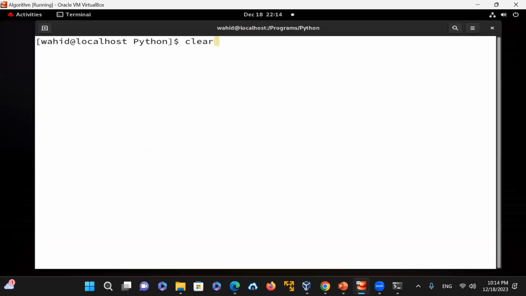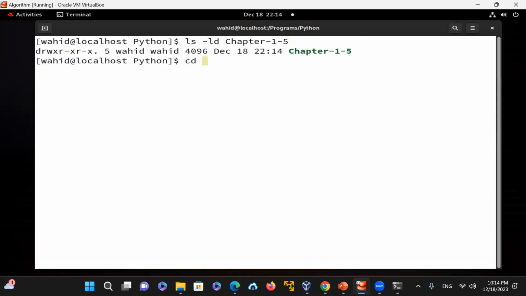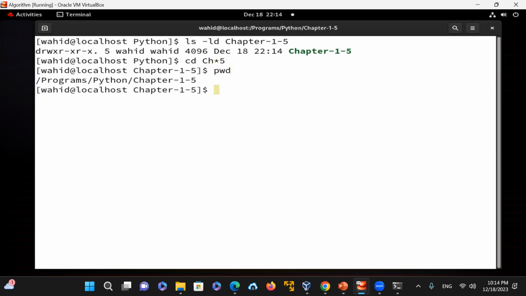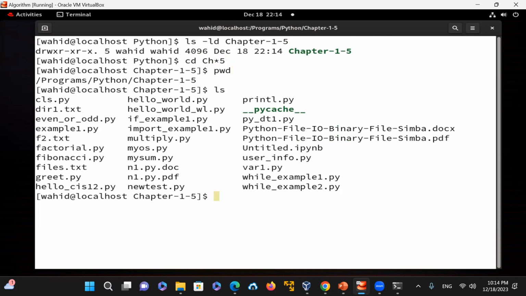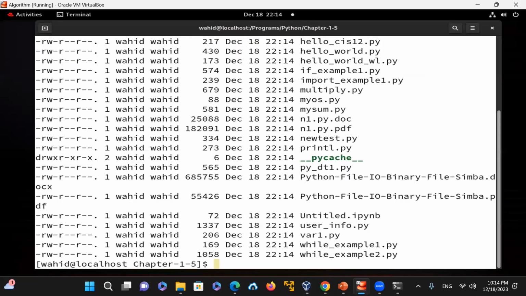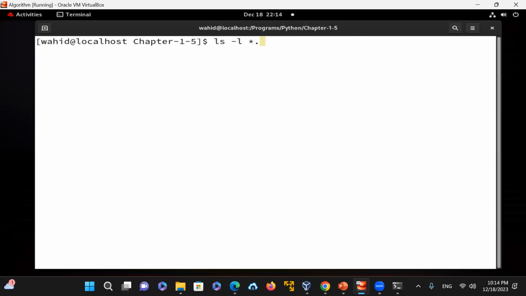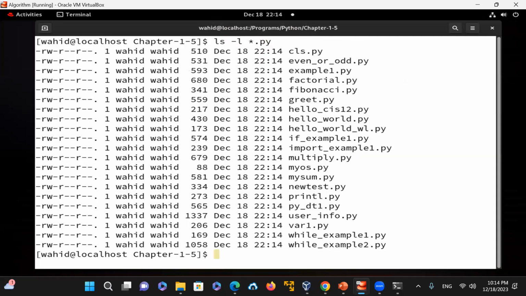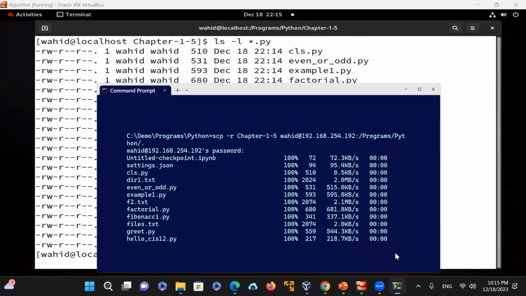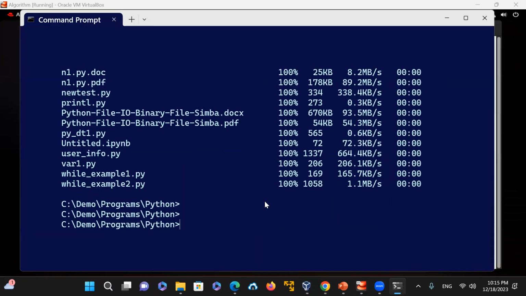So let me clear my screen here and now we go to chapter 1 through 5. I can do it like that, and then there. So now these are the files in chapter 1 through 5, and if I want to see *.py, you can see this is a list of all the files that are there. Remember, one of them I said is for if your operating system is different. So if I just run the same command, myos.py, cd to chapter 1 through 5,